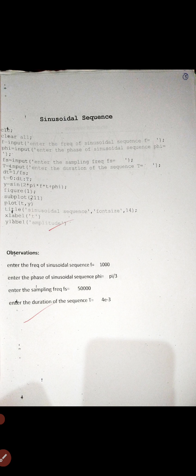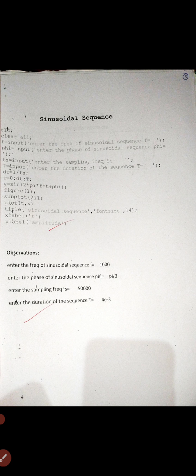In figure 1 we also plot using subplot 211, and plot t, y. The x label is t and the y label is amplitude.